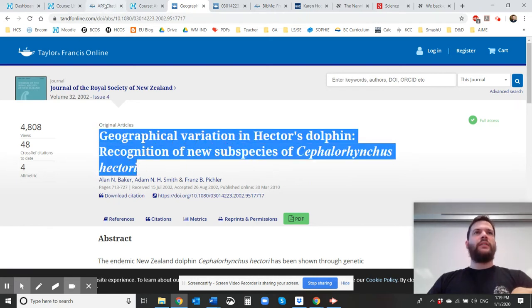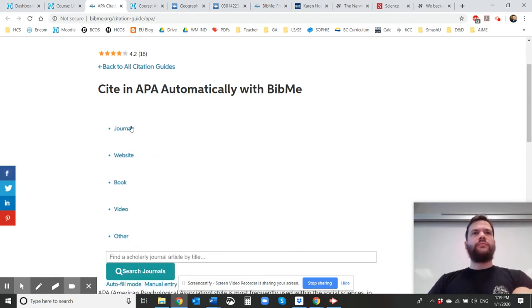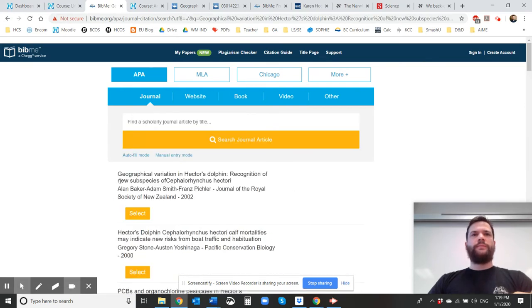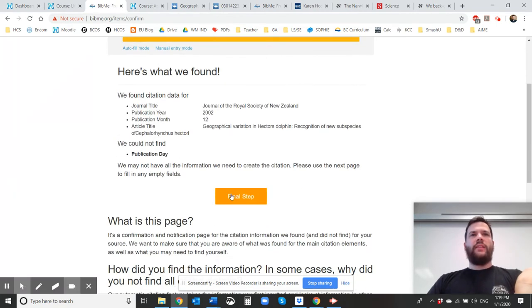I just copy that into the APA citation guide, and it's going to be a journal. And you have to just find the scholarly source and type it in, search journal entries. So here it is. It's the exact same wording, so that's the one I want to cite. And then if you just type over to final step,